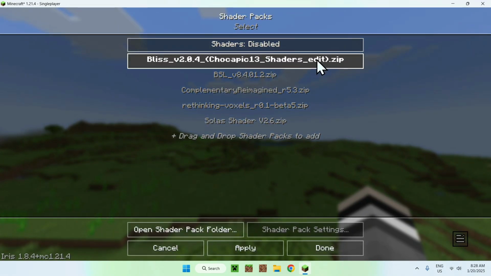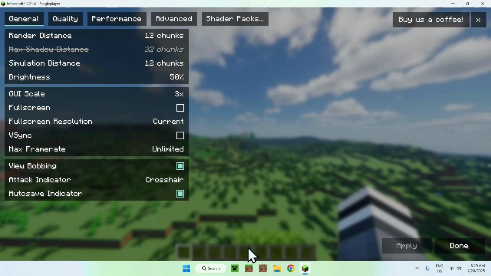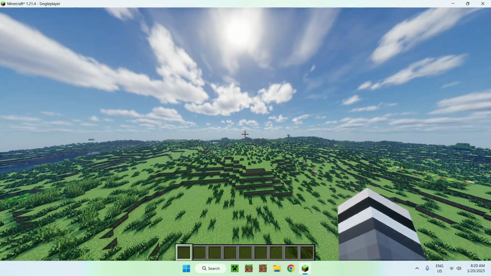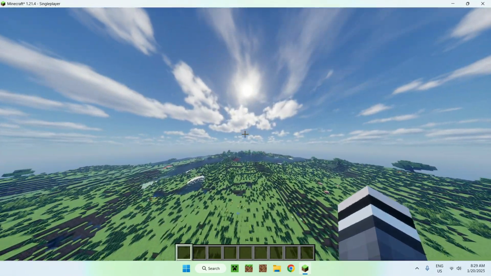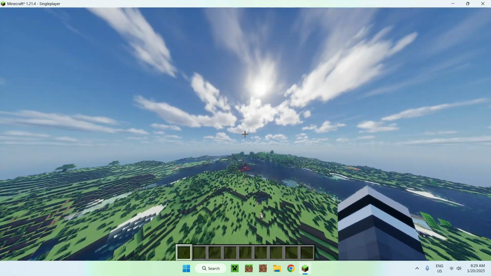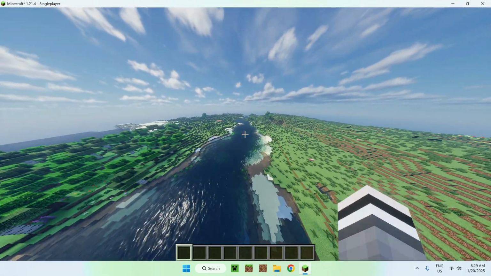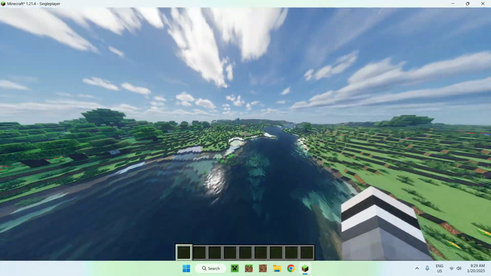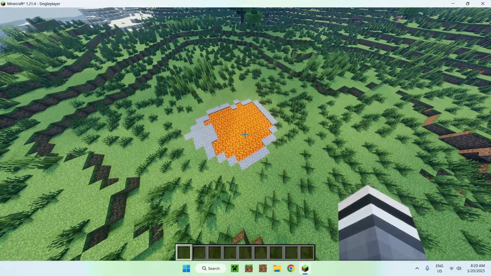If we start with the first one, which is Bliss Shaders, all we need to do is simply activate them, and here we will have Bliss Shaders. This is the style for Bliss Shaders. It uses realistic clouds which you can move through. It is not a skybox, so you do move through the clouds, which is pretty good. Water looks amazing, and there is also lava here, as we can see, looks normal, but it makes it